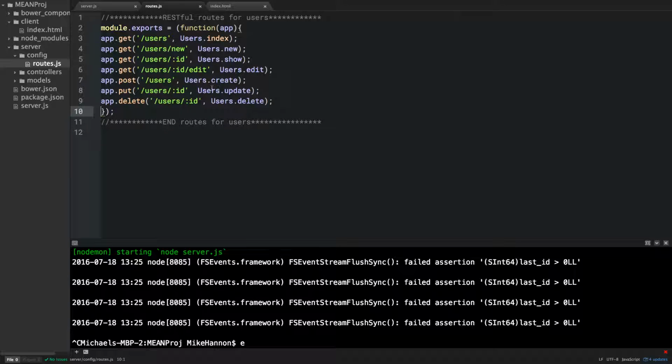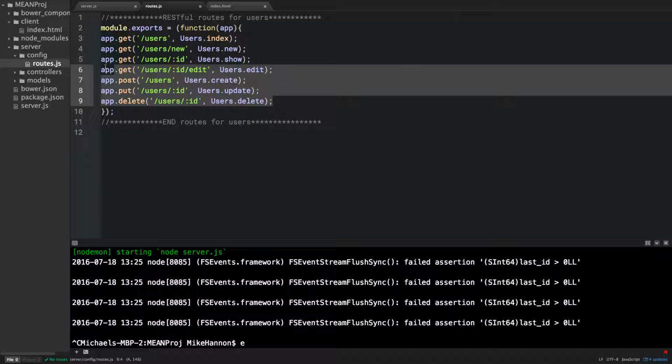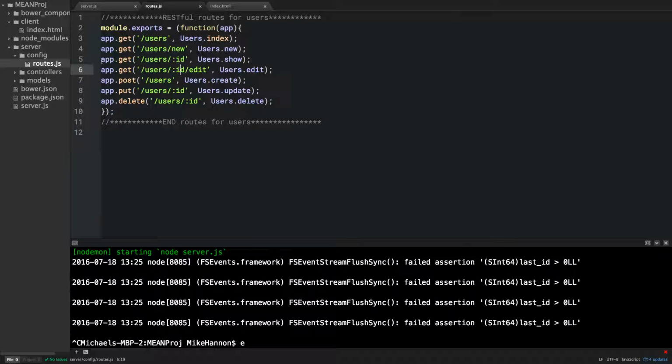And basically, I just made a whole bunch of RESTful routes. That's kind of my default. So basically, when we do an app.get, we're going to go and do something with this weird users object. We don't have a users object. We probably need to get a users object from somewhere. And that user object is obviously going to have an index, a new, a show, edit, create, update, and delete if we're going to do it this way. We don't have to build all those out today. Let's just build out, like, I don't know, 3 of them. So we'll do new,